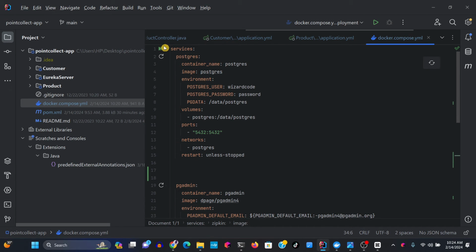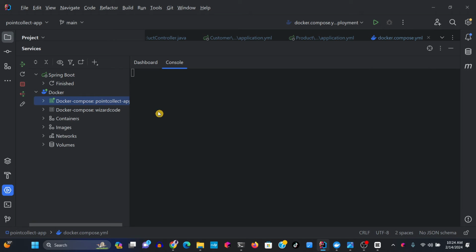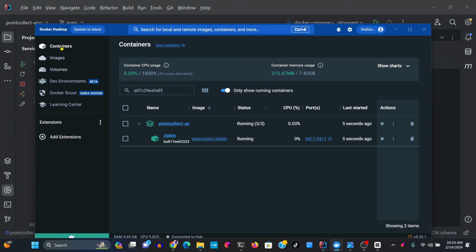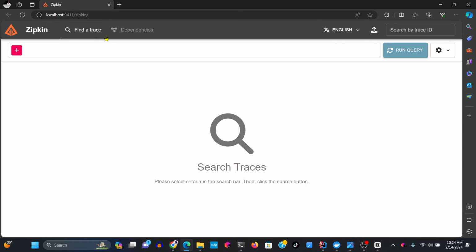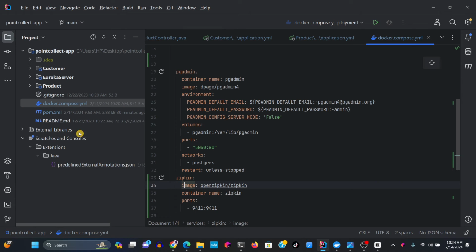To start Zipkin, you can click here, click on start Zipkin, then go straight to your Docker container. Make sure you have Docker installed, and then we have Zipkin down here, which is running at port 9411. I want you to click on that port, and it's going to open Zipkin here. Okay, so the next step is that we need to start all our